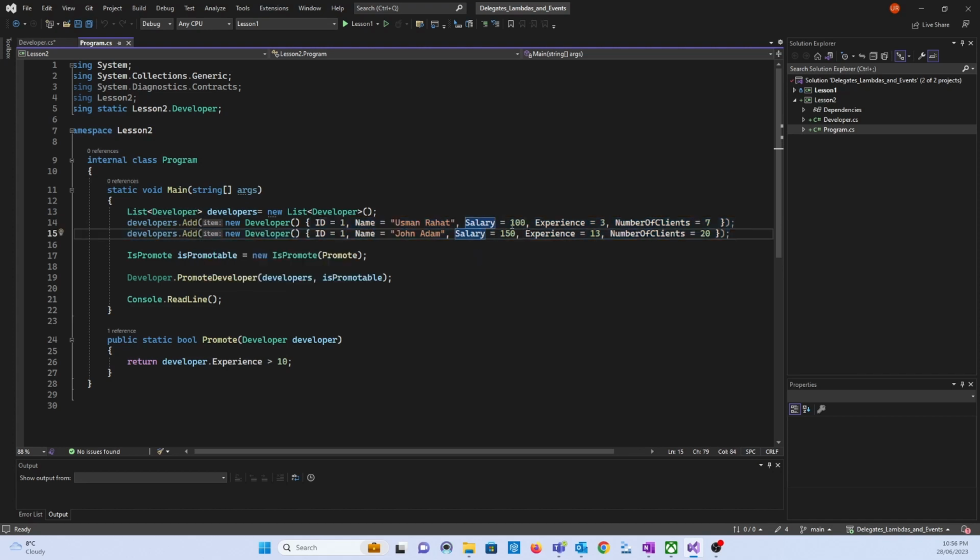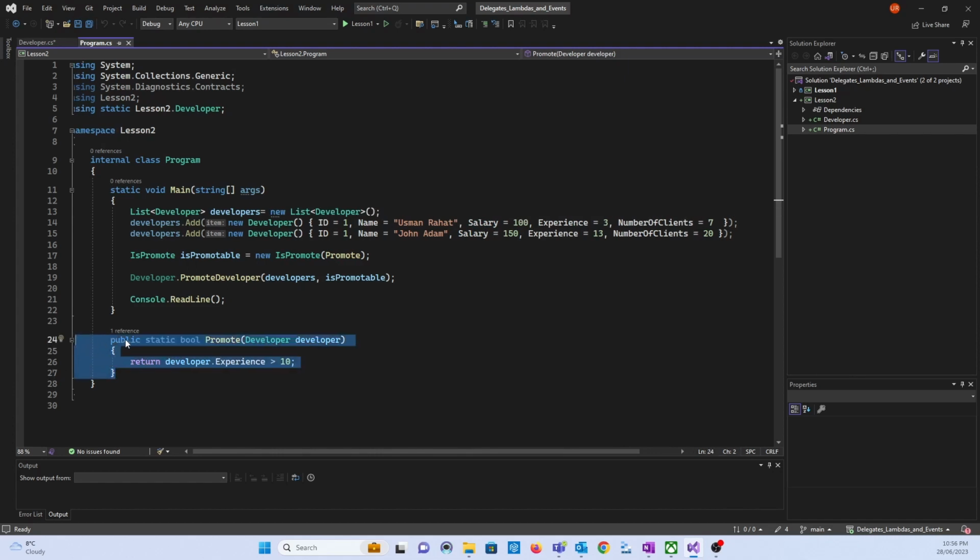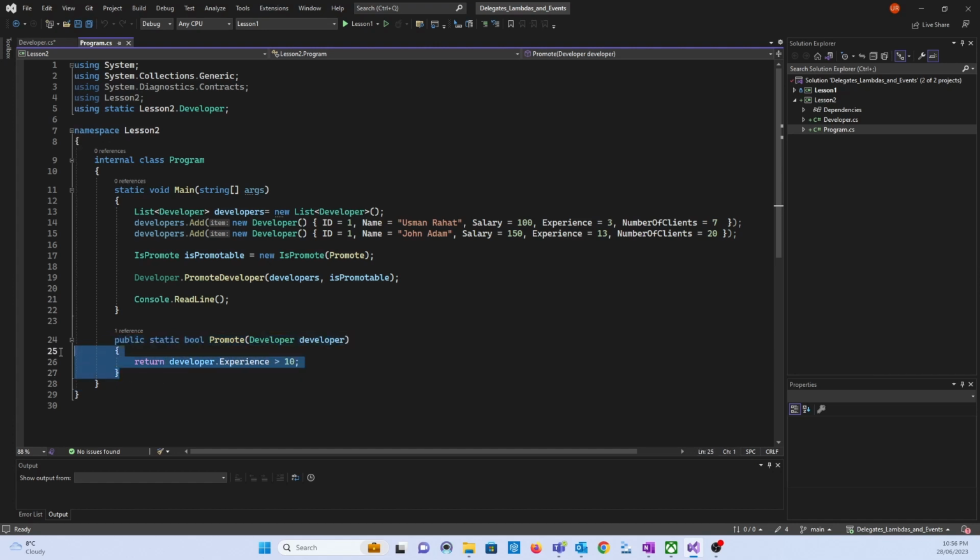So if you now see, these are different values of the property that I've provided, and then this is the method. Now, there are a couple of interesting points which I'd like to highlight. One is if you see the method, the actual business logic for the method is provided by the developer that would develop the application after the framework's been developed, right? So if you see the business logic for the promotion is if the developer has more than 10 years of experience,